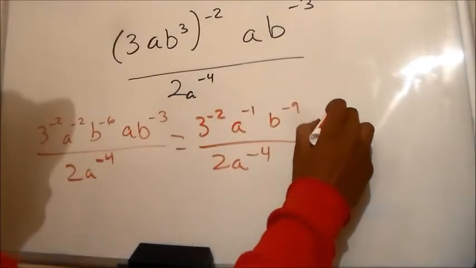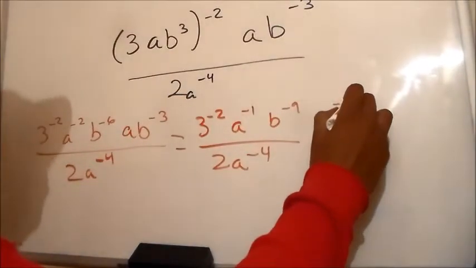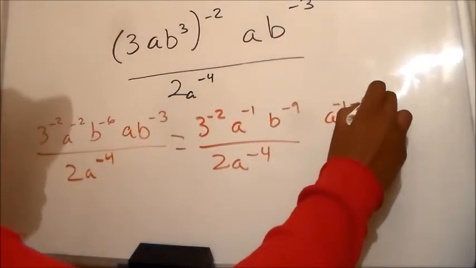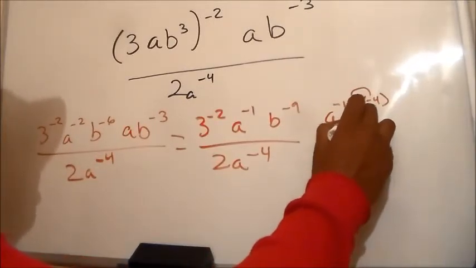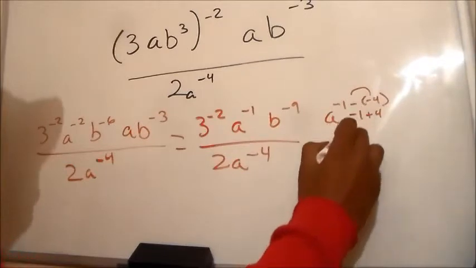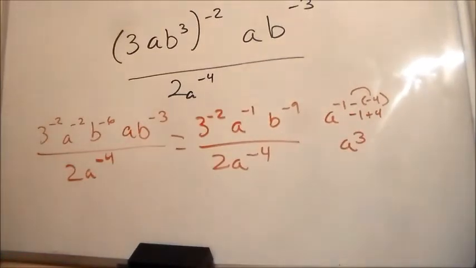So as far as A is concerned, A to the negative 1 minus negative 4. This distributes in, and it's just like saying negative 1 plus 4, and A becomes cubed. Okay, see how that works? It becomes cubed, and then our next answer is going to be